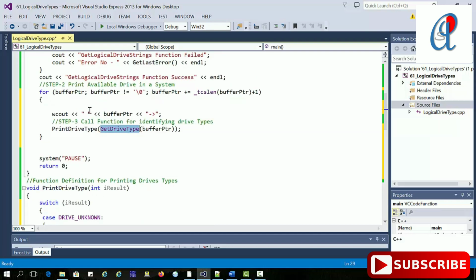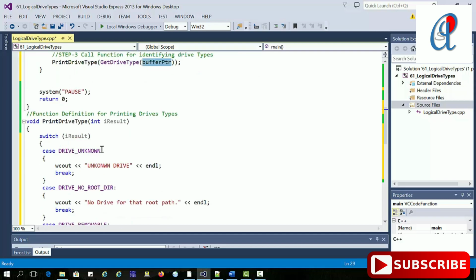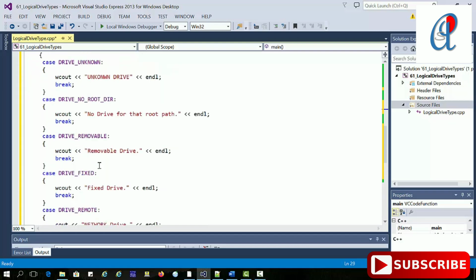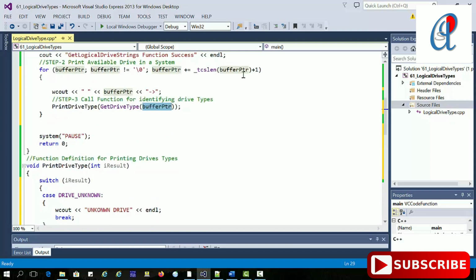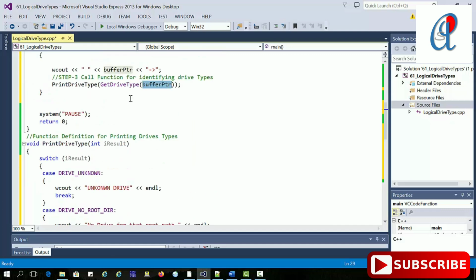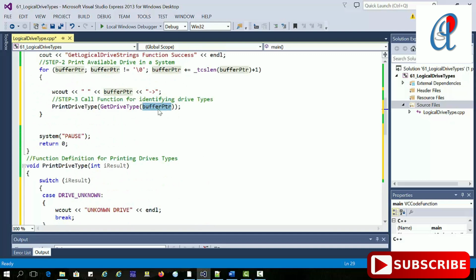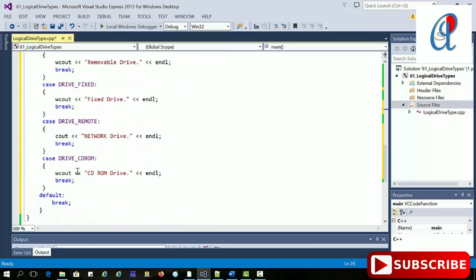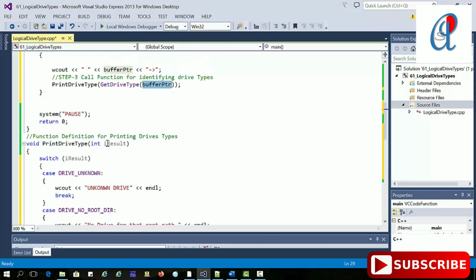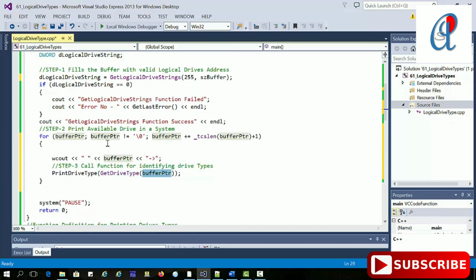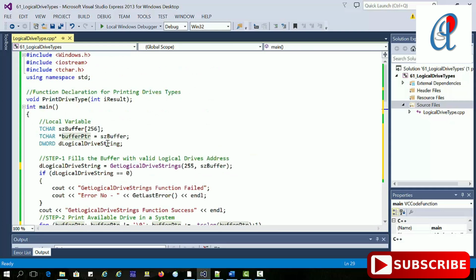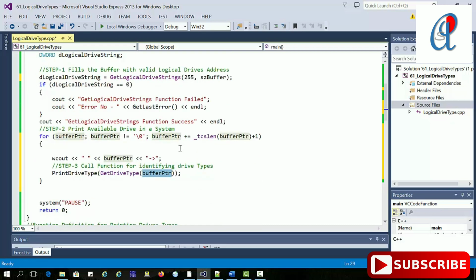So suppose, let's say here we have only two drives, C and D drive, so we have to print here C drive, and that string we have copied here, the returned value will come in the form of drive type, and then it will increase the buffer pointer to the next address, and then it will print the D drive, and the D drive we are passing here because we have to pass the constant string, then it returns this fixed drive. So it looks good here.